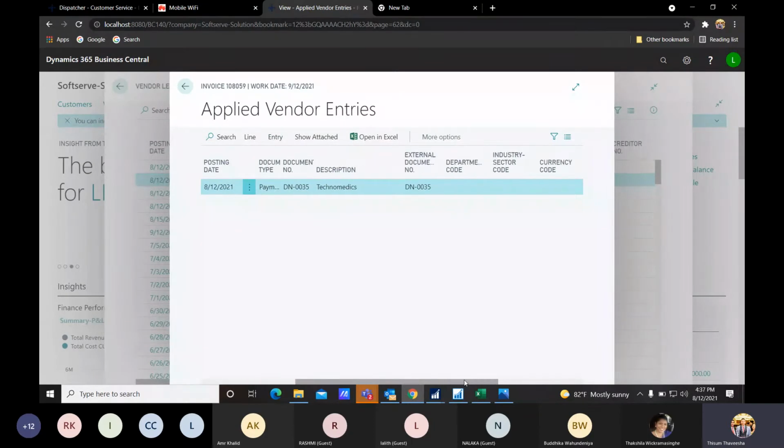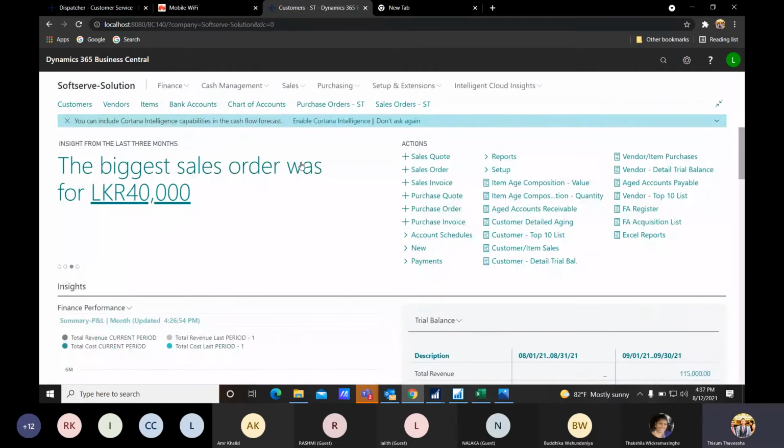A payment has been done for this one, 15,000 payment. This is the document number. So we can check, as I said, we have this drill down facility to check the invoice document wise, what are the things engaged to that relevant entry, right? Okay. Then if there are any questions, you can raise them, right?